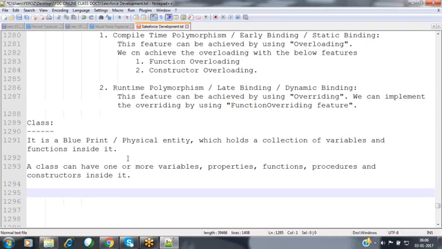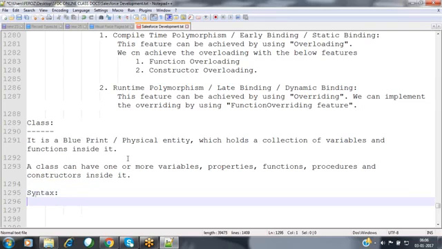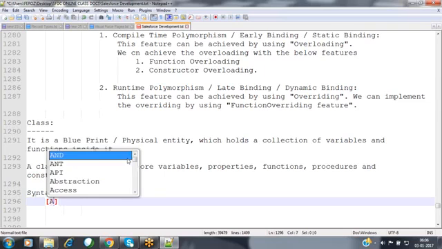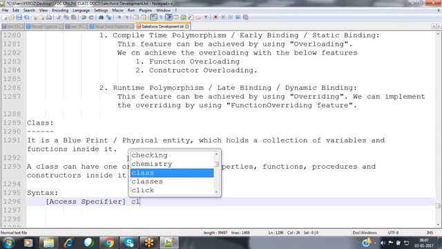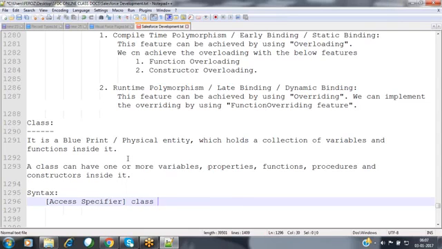Now, in this scenario, how can we define this class? What is the syntax of defining this class? Upon defining this class, we have to use this specific syntax. We have to specify the access specifier and the keyword class, and specify the class name.